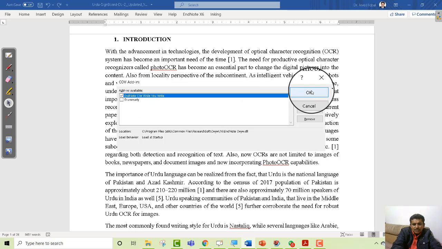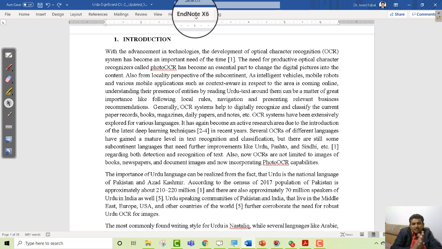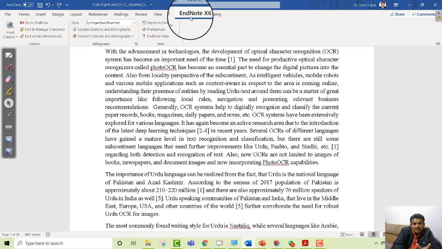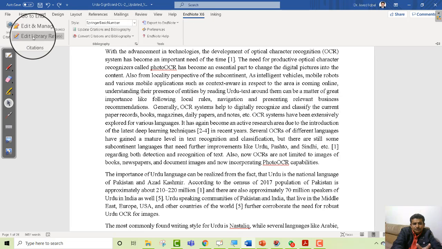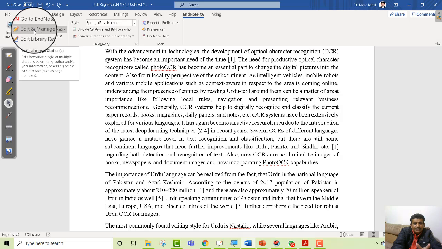So click OK. Then after that you will have a ribbon of EndNote on your Word. I am using EndNote X6, so you can see here a ribbon for EndNote X6. If we click on that, we have different options like insert citations, go to EndNote, edit and manage citation, edit library,